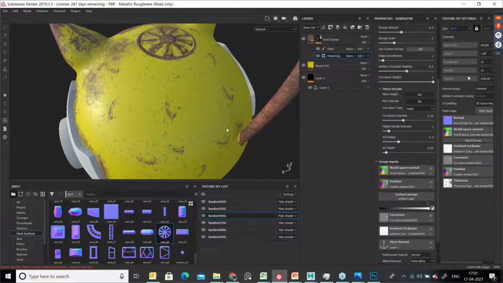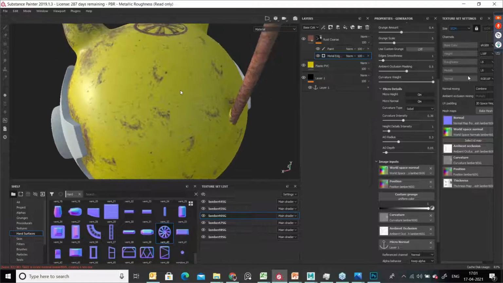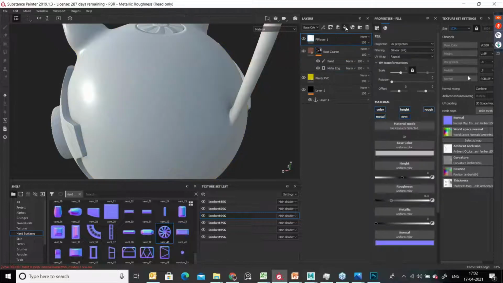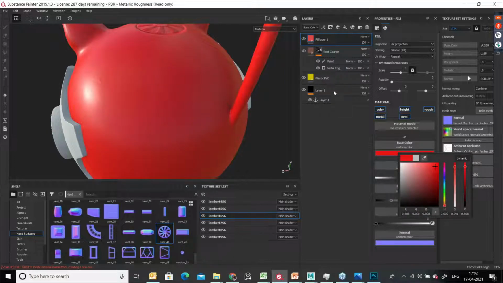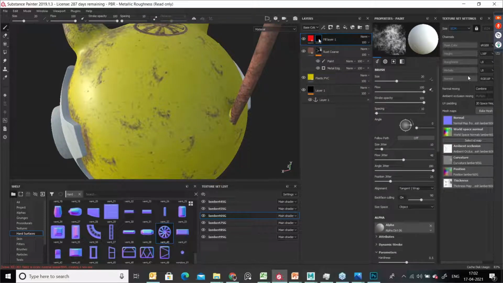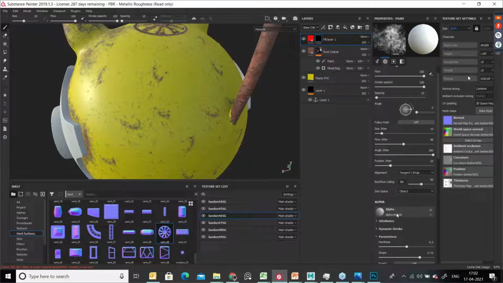Now I would like to apply some big painting over here, because this bot is dangerous, or a nuclear weapon bot, something like that you want to show. You can just go ahead here and try to create one fill layer, and this logo should have a red color, right? This warning sign always comes in red color. Okay, you can keep it like this and go for a black mask.